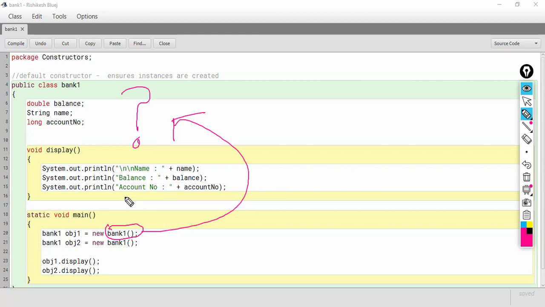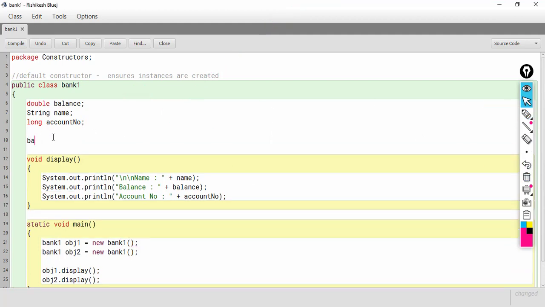No, it will not, because the default constructor is inserted by the compiler itself, so that this situation does not occur, so that the compiler does not get confused where the constructor is. So the default constructor looks like this.